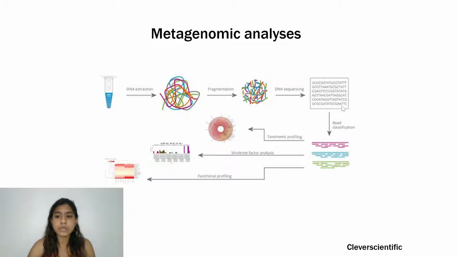But we do DNA sequencing, and once we have the sequences, we classify the reads based on the DNA sequences that we get. We can either do a taxonomic profiling to understand the phylogenetic positioning of these different microbes, look at which microbes belong to which communities and so on, look at the virulence factors to see how infectious they can be,